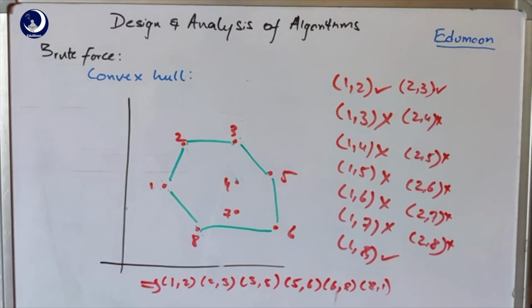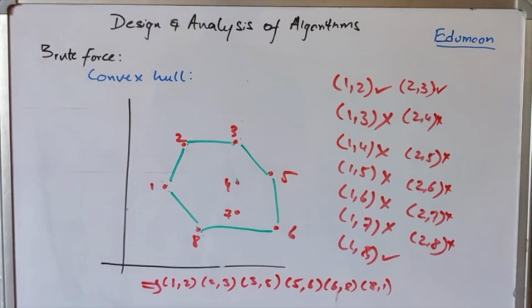So here for this problem, when the 8 points are given, the output is 1, 2, 3, 5, 6, 8. You can ignore 4 and 7, which are not part of the convex shape. So that is how the brute force technique works; we have written only a few combinations here. It will check all the remaining combinations also, and check whether they belong to the convex shape or not. So the algorithm will be given here. This is how the brute force technique solves the remaining geometrical problems of this type using the straightforward approach.